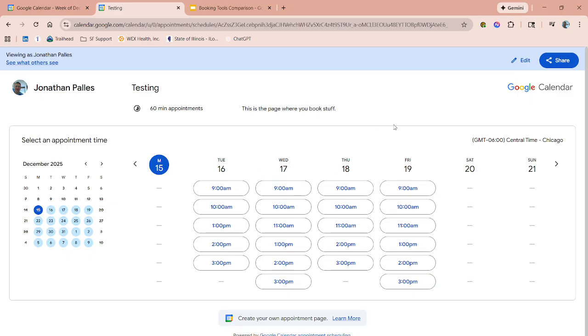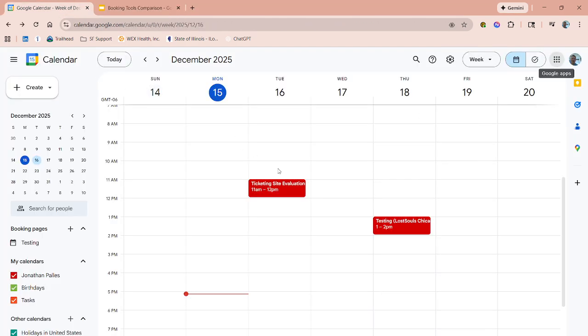This is again the landing page. So this is what it's going to look like when people get to my booking page. How do we get it like this? Let's find that out. So I'm just going to go ahead and close that, get into our Google Calendar, and